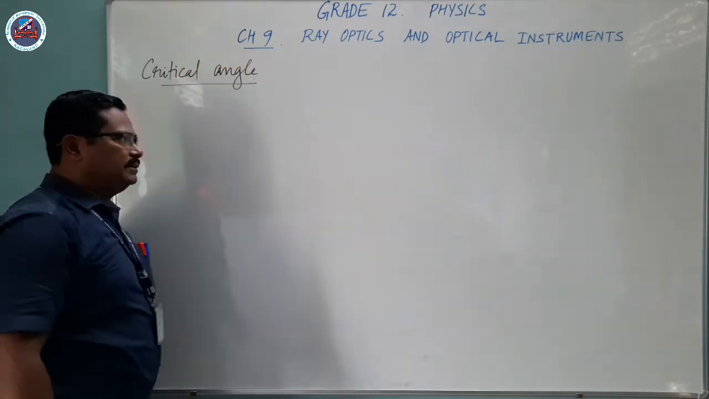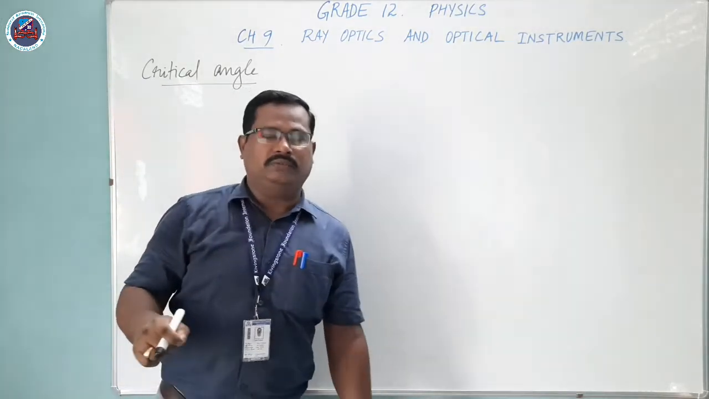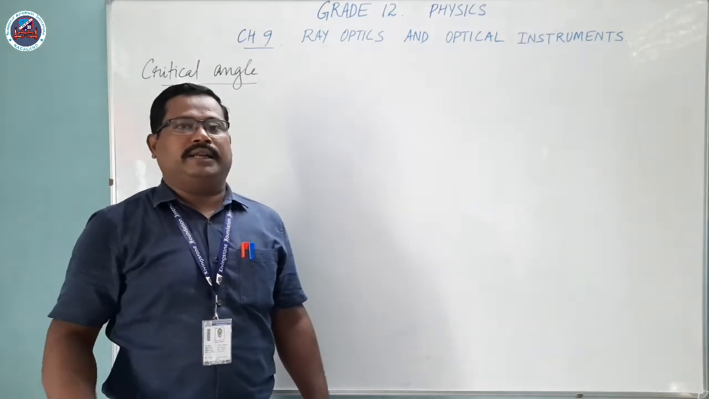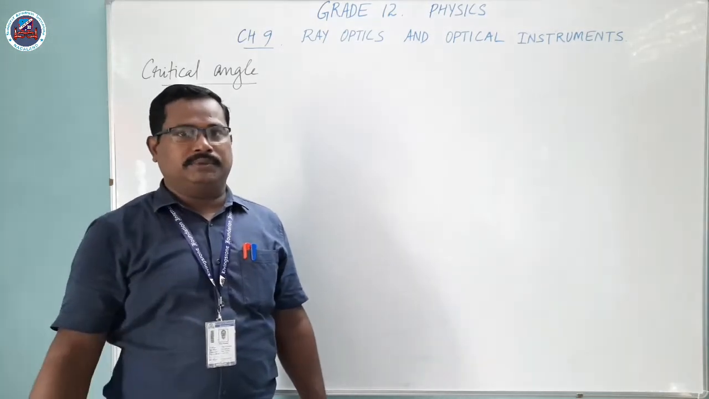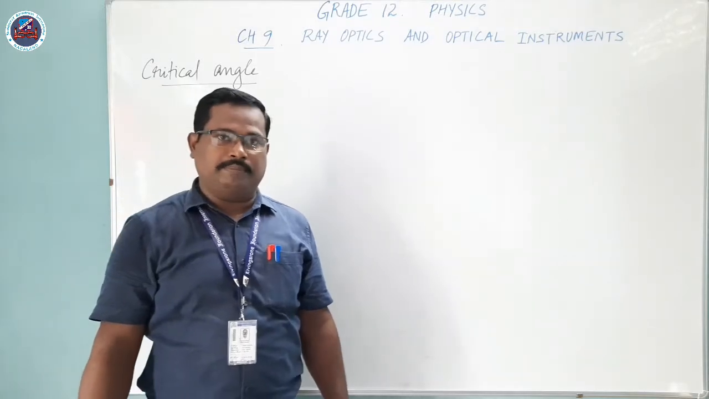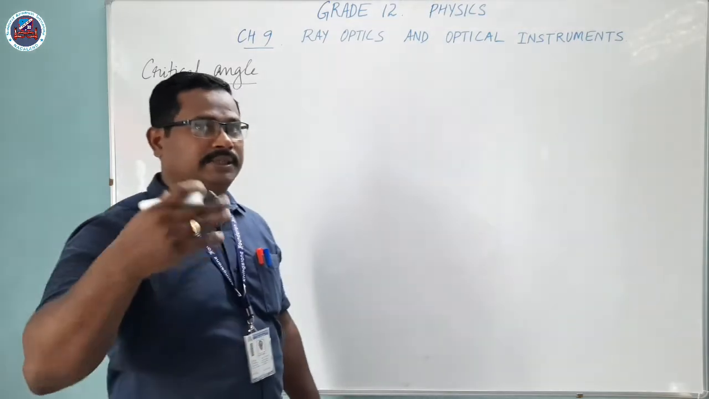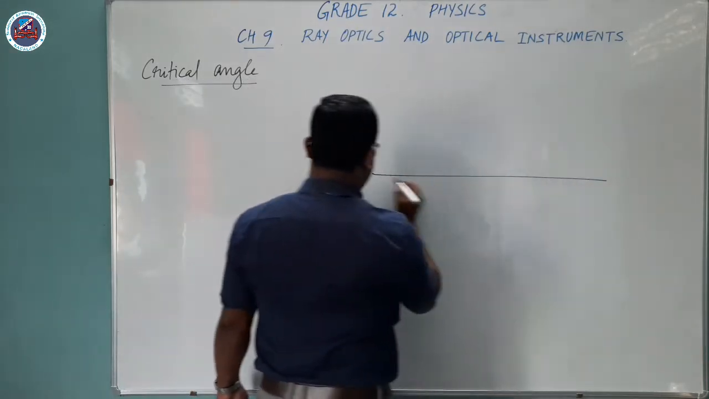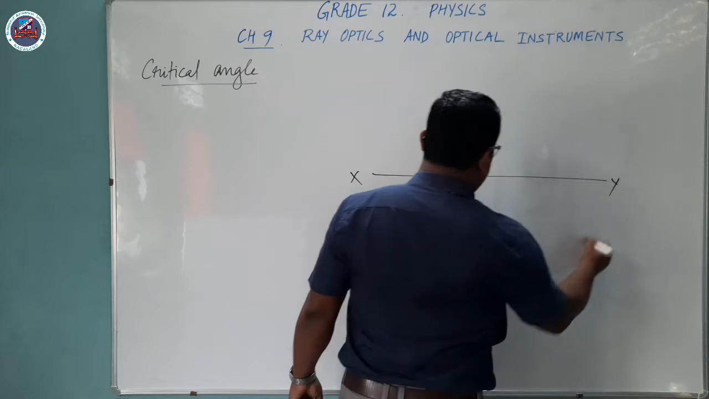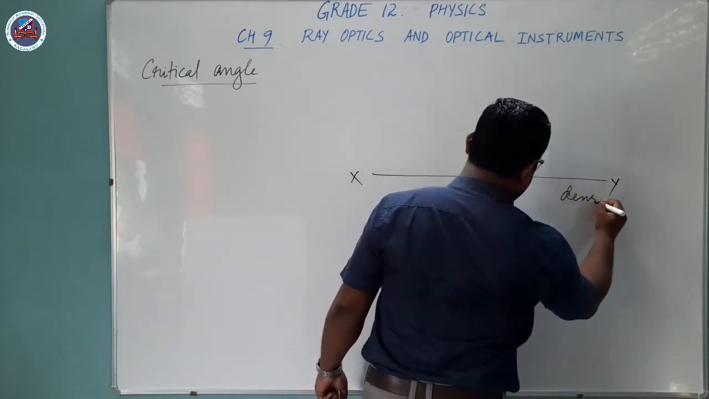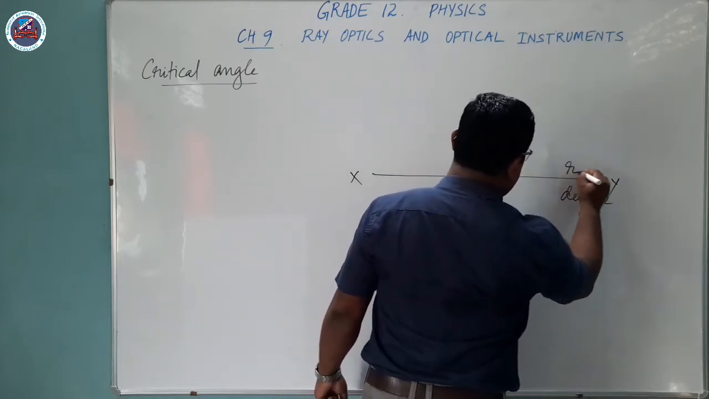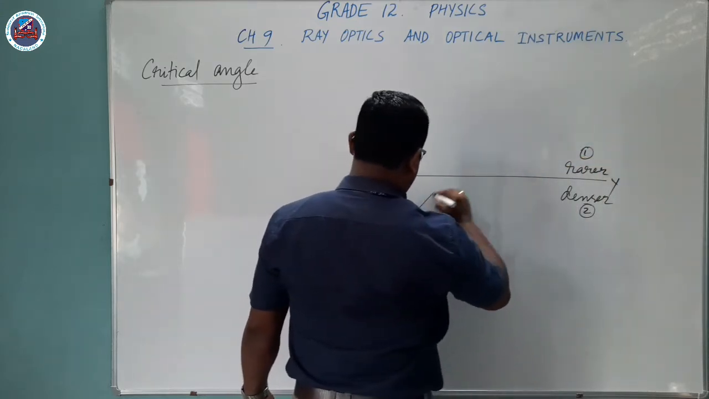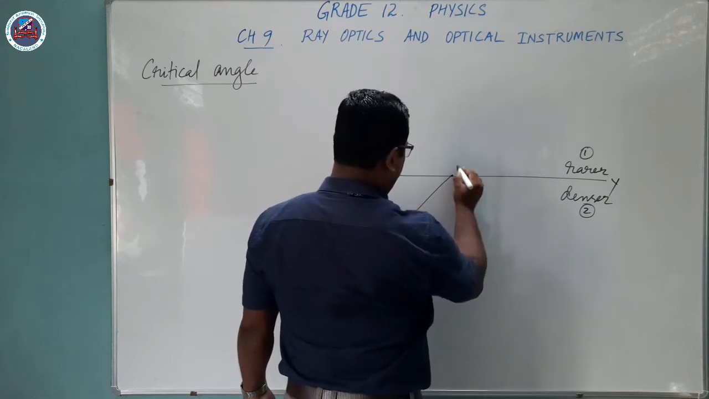Critical angle is that angle of incidence for which the angle of refraction is 90 degree. This phenomenon happens when light travels from denser medium to rarer medium. Suppose I take the interface here XY like this; this is denser, and this is rarer. Then when light travels from denser medium to rarer medium,